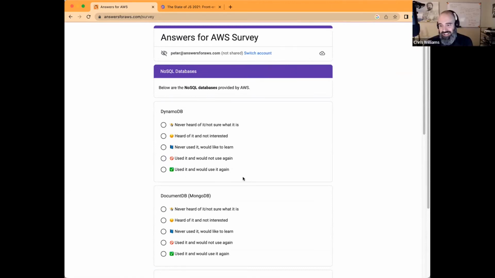Totally fair. So the next couple sections, we've got databases, we've got machine learning. I think they're the last 2 that are in here before the demographic stuff. So I don't know if they're going to be as useful for you as the other ones, but we can go through them anyway. Well, when you were coming up with the survey, you said that you had to think around how to bucketize everything and what your thought process was for that. How did you finally decide on how to break things down?